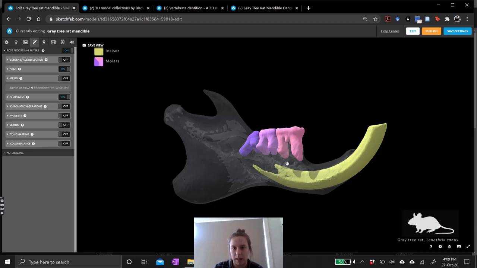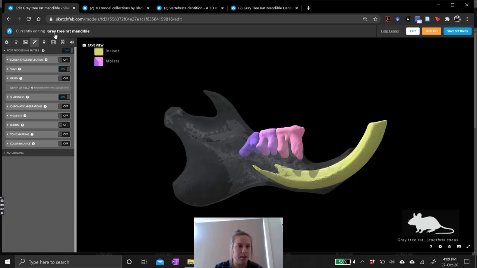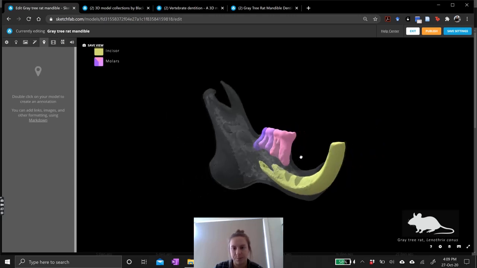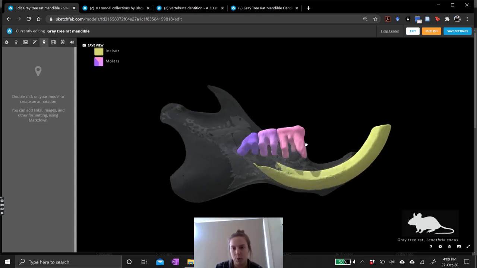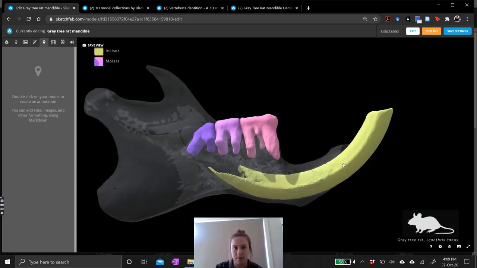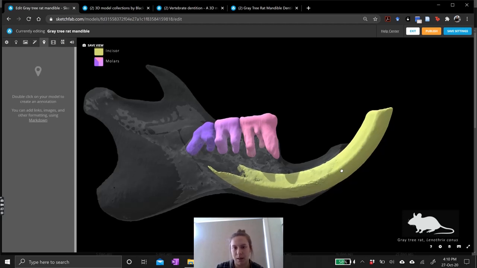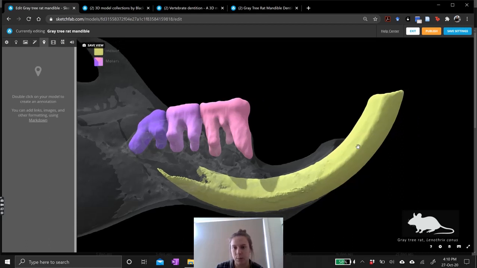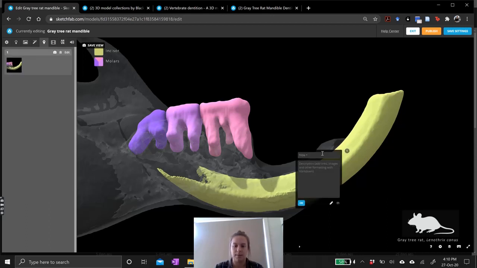And the last thing that I would do to this scene is to add annotations. So all you need to do to add an annotation is move the model into a view that you would like Sketchfab to zoom to when you first see this annotation. So I'm going to add an annotation to this incisor, so I'm going to make sure the incisor is nice and big in the middle of the screen so that Sketchfab will zoom on into it when the person clicks on it. And I'm just going to double click on the incisor here, and it will let me add some